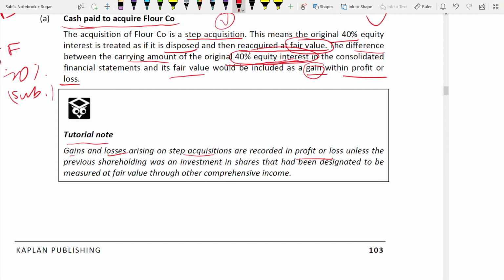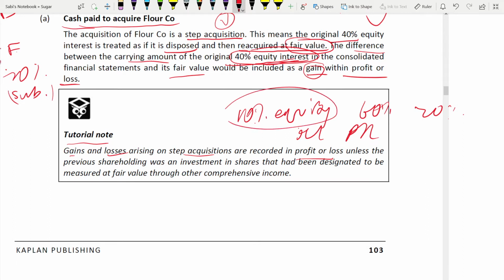But if, let's say, before this it was a 10% equity interest, not 40%, less than 20%. So with this 10% equity, now you have bought 60% and then it became 70%. Then there's a change. Then this can be recorded in OCI or profit and loss. There's an option. Why? Because this 10% equity investment might be designated to be measured at fair value through other comprehensive income, financial instruments,